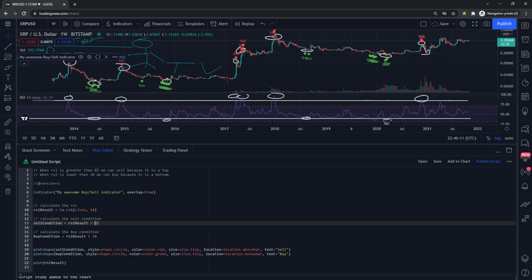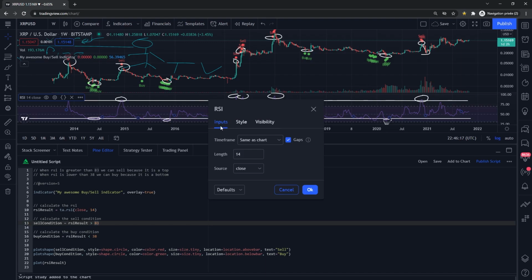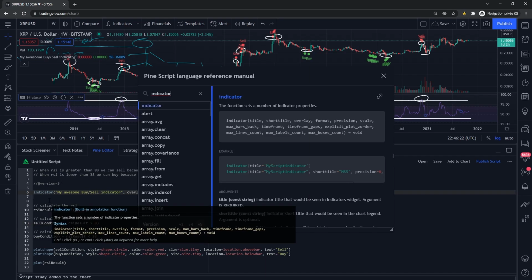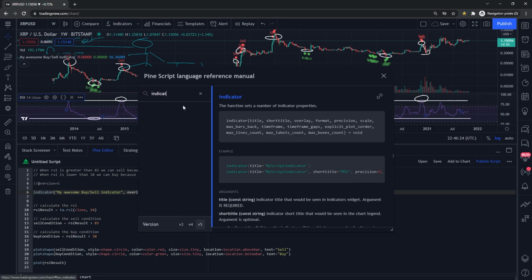So let's see how to do this. So we see that here it was in the inputs table. So maybe there is an input function in the documentation. Let's try it. Input. Okay, so we have an input function. And we have input, input.bool,